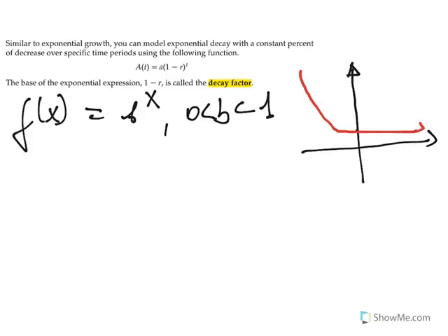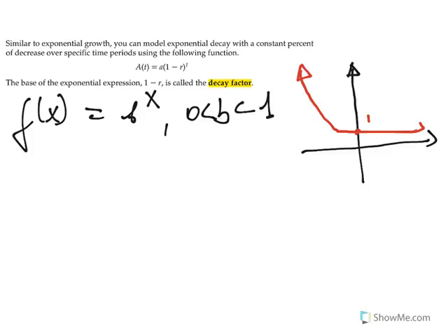We have the asymptote again, the x-axis, and the y-intercept is the value of 1. The domain for the graph is all real numbers. As you can tell, the range is positive real numbers because here we are dealing with the asymptote, and the asymptote is the x-axis. You know that an asymptote is a line that the graph approaches but never ever crosses. So the intercepts here are x equals 0 and y equals 1, as we